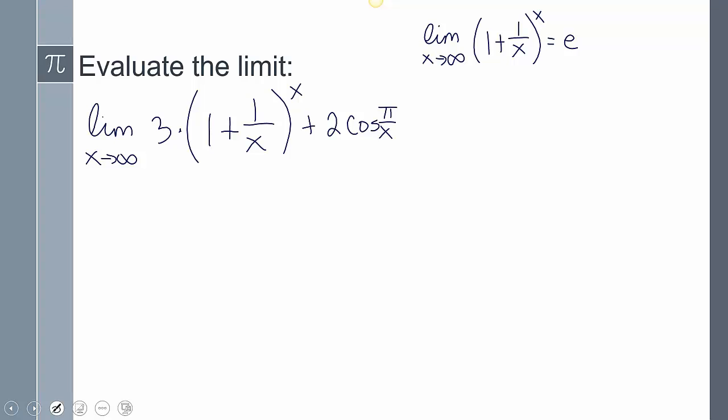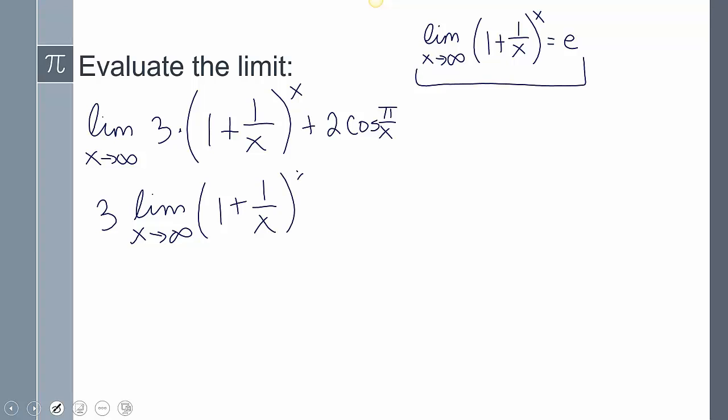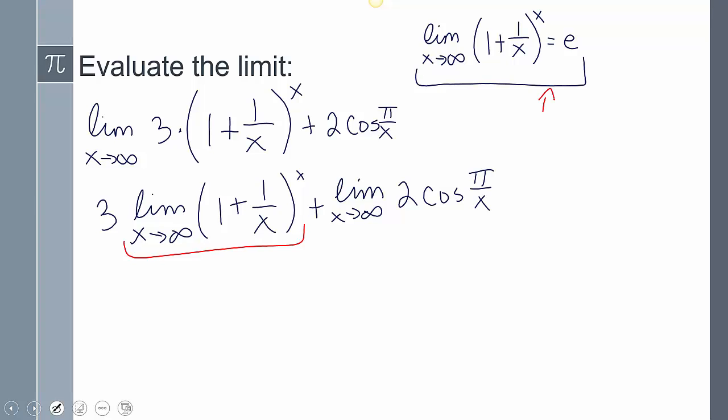This next one, we're going to be using this pattern, and so this is going to be 3 times the limit as x goes to infinity of 1 plus 1 over x, to the x, plus the limit as x goes to infinity of 2 cosine of pi over x. According to this definition, the first part just equals e. So I get 3 times e